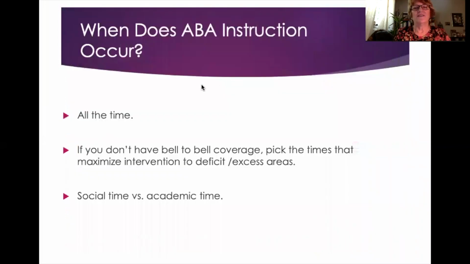So this seems obvious to us parents: ABA instruction is occurring all the time. But when Surrey did decide to do the ABA support worker program, they called me in and started asking me questions, and they had no idea what ABA actually looked like or how it worked. They thought you would run a behavior program for 5 minutes and that would be it. And I explained to them that behavior programs are run all the time. You're always working on a behavior program while the student is doing all the things they do with the other students. So there might be times when parents have to educate the school system.